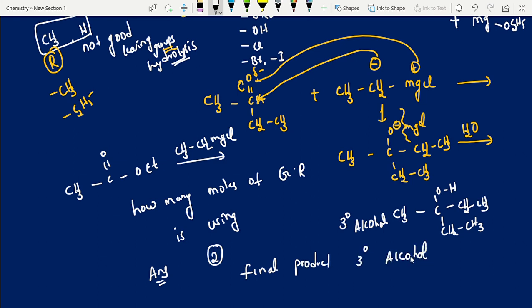So they will give options: 1 degree, 2 degree, 3 degree, 4 degree, like that. 3-degree is the answer. And next, sometimes IUPAC names also they'll ask. What is the IUPAC name? 1, 2, 3, 4, 5. Right? 3-methyl-3-pentanol, like this. Any common names or IUPAC names they may ask, direct questions, indirect questions, anything. So with this, we have successfully completed Grignard reagent.